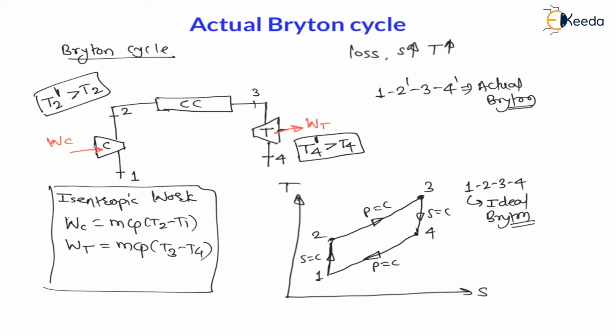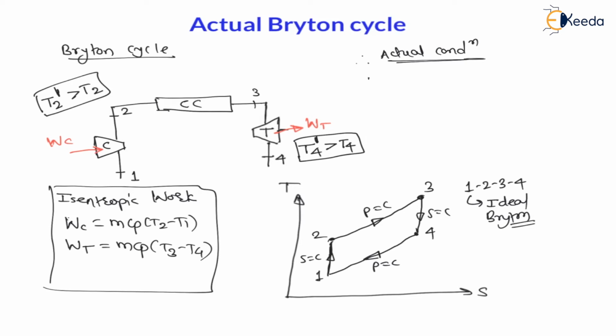And we know that the turbine is a work producing device and the compressor is a work consuming device. So my dear students, the work producing device will always produce less work whenever there are losses, and the work consuming device will consume more work whenever there are losses. Definitely this is a common understanding, right? Therefore we can say in actual condition, as the turbine is a work producing device, the actual work of the turbine will be less than the isentropic work, because the turbine will produce lesser work whenever there are losses, right? This is for the turbine.